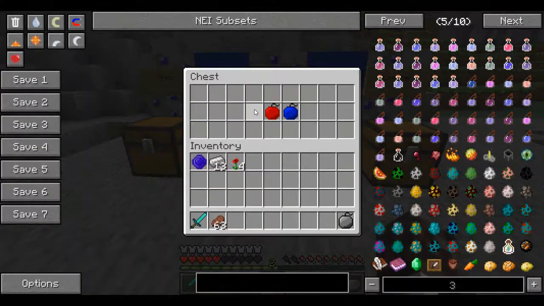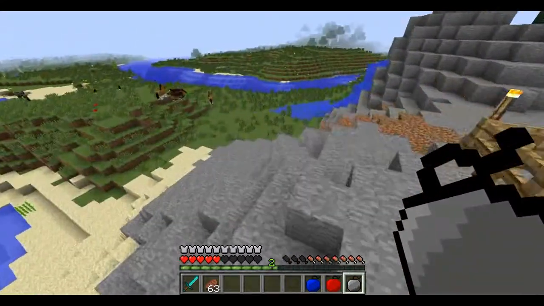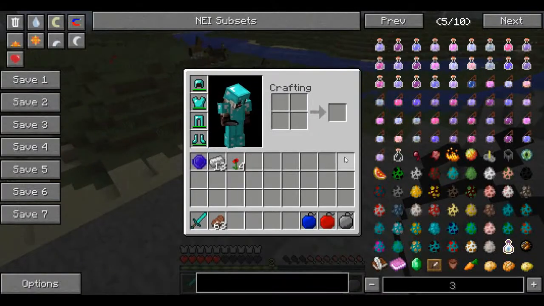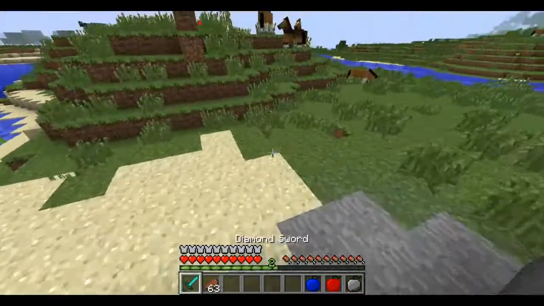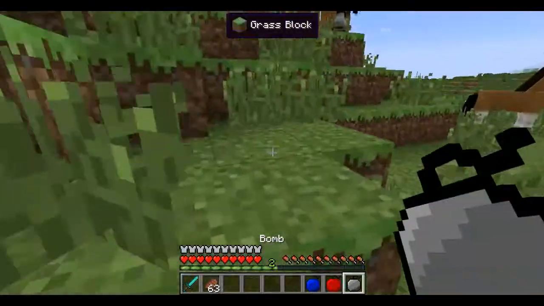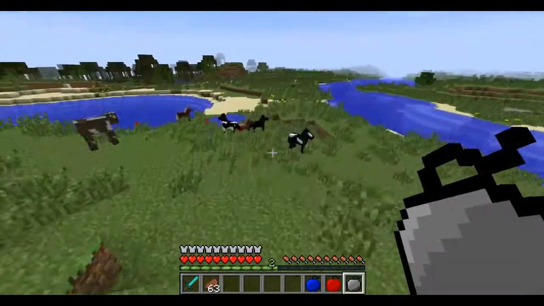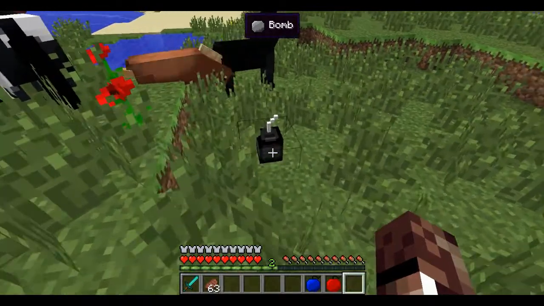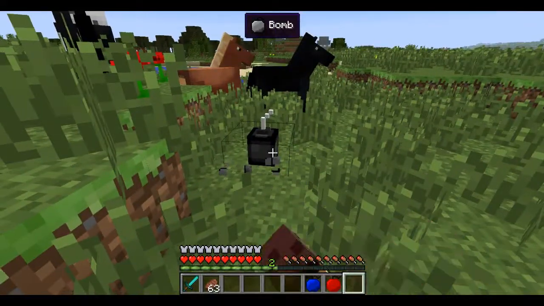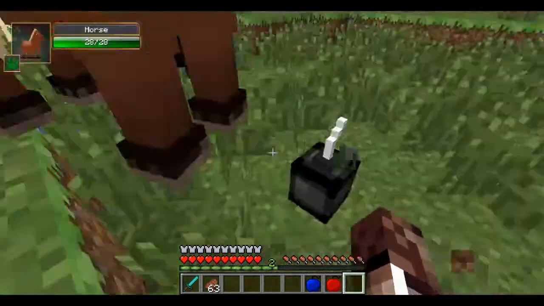So yeah, and next we're gonna move on to bombs. These things are a little bit bad. Hold on, if I go ahead and heal quickly. So I'm gonna go ahead and place these out and show you why these are bad. If we go over here to where these horses are, and we place down a bomb, and we punch it, it just kind of gets punched. But if we right click it,